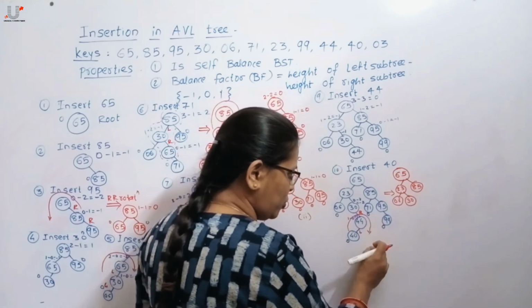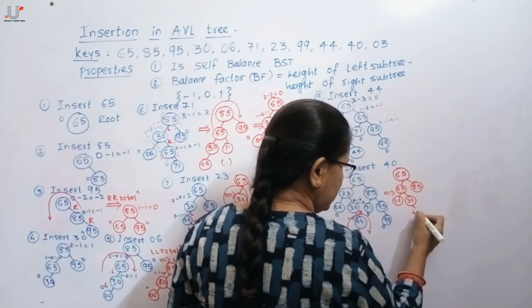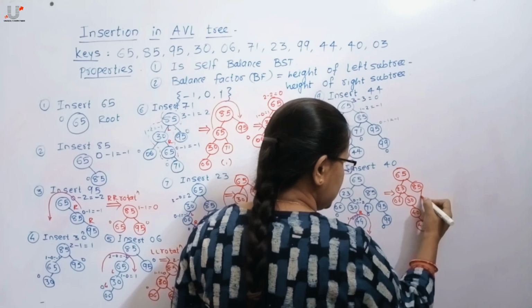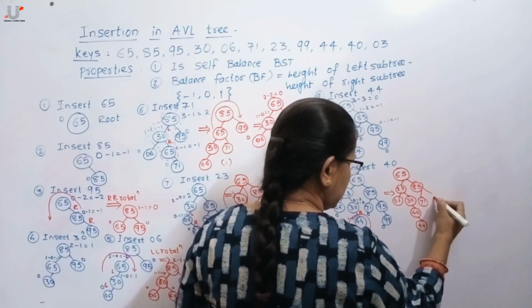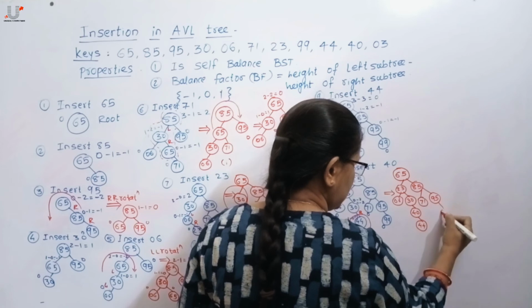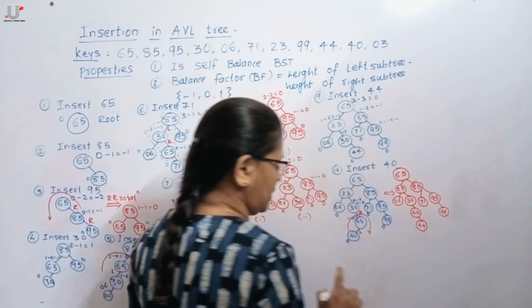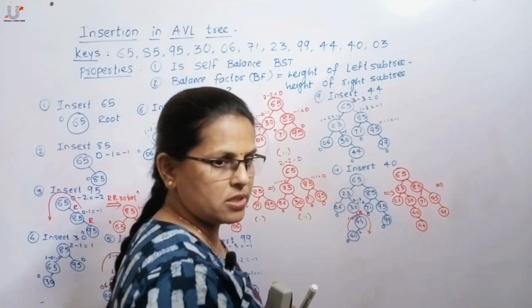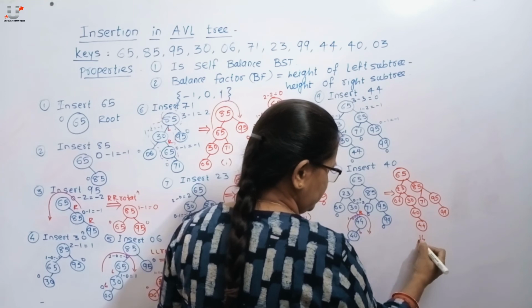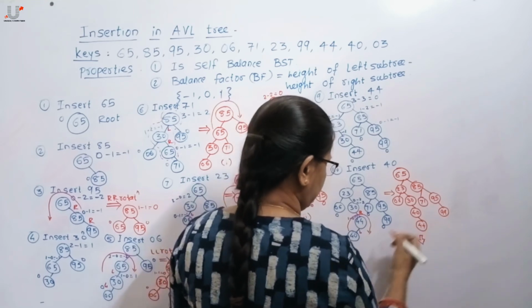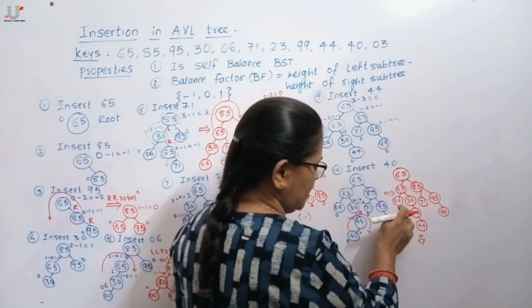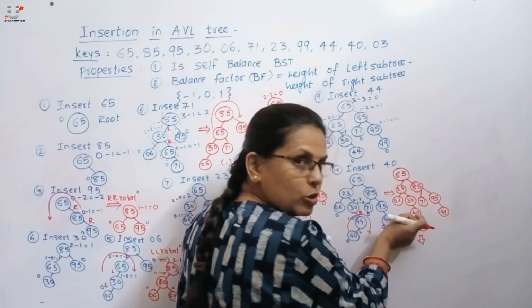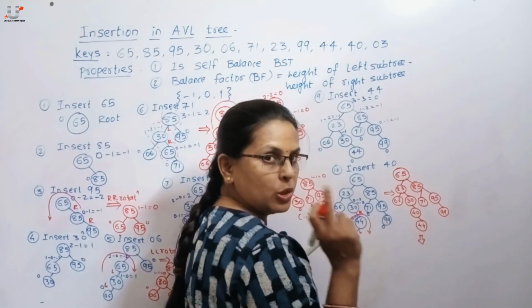Here 44 pulls down and 40 becomes the parent. So 40, and to the right of 40 it's 44 as no change. Then as it's an external rotation, the next rotation is here. Now we have to apply one left rotation between this 30 and 40. So 30 pulls down and 40 becomes the new root.